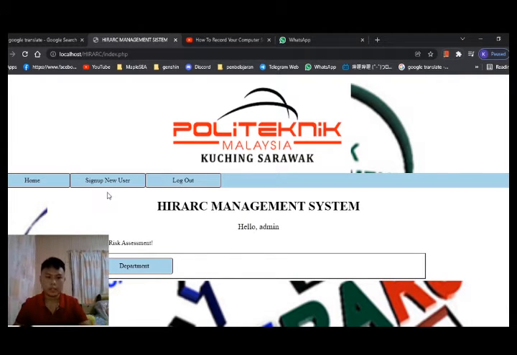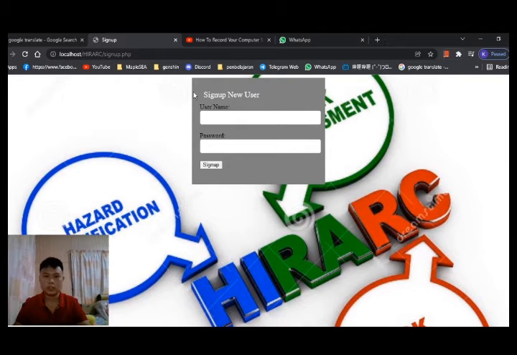For now, let's see how to sign up a new user. This is the new user page. As we can see, it is the same as login, but if the user keys in empty, it will pop up the error message. Otherwise it will go back to the home page. Let's say we leave the password empty.